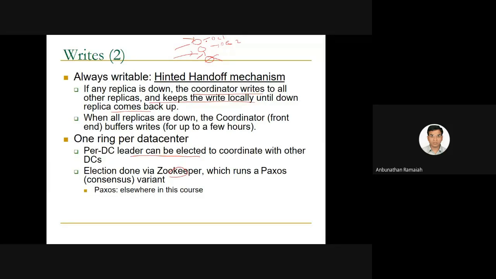For example, data center 1 has some nodes, data center 2 has some nodes. Suppose I want 3 replicas, it will take the first from data center 1, the second from data center 2, and the third from data center 3. Like that, it will elect from different data centers. So zookeeper coordinates this.